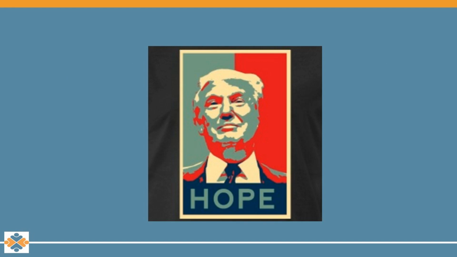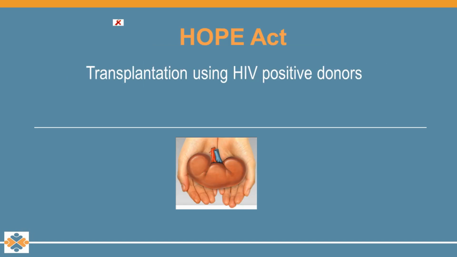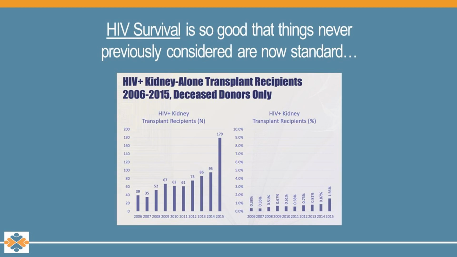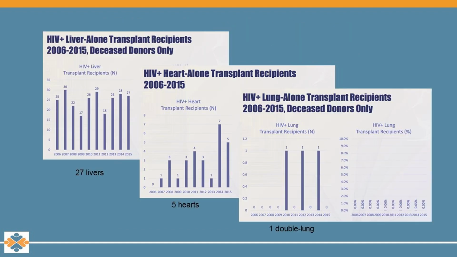I'm going to end quickly by not that hope, but this hope, and that's the use of HIV organs. So we've increasingly been capable of using HIV recipients to go through transplant, and certainly for kidneys this has now been very common, and also certainly livers, although to a lesser extent, and a scattered number of hearts and lungs across the country, recipients who are positive.